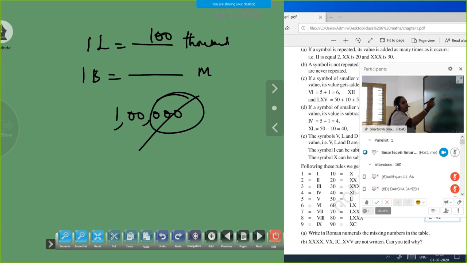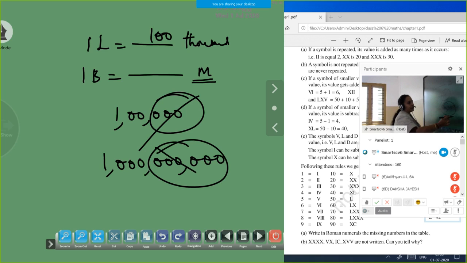Okay? Then 1 billion means, first write 1 billion. 1 billion has how many zeros? All of you know there are 9 zeros in a billion. Then million. How many zeros does a million have, children? That is 6 zeros. So remove those 6 zeros, and the remaining is the answer. So 1 billion equals 1000 million. Okay, like this we are writing that. Next one,